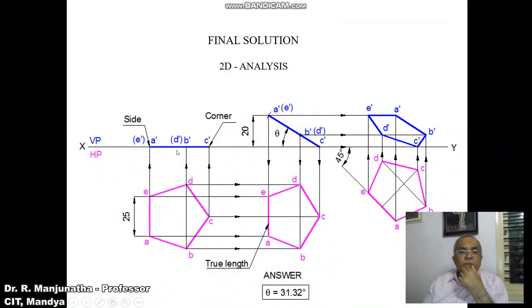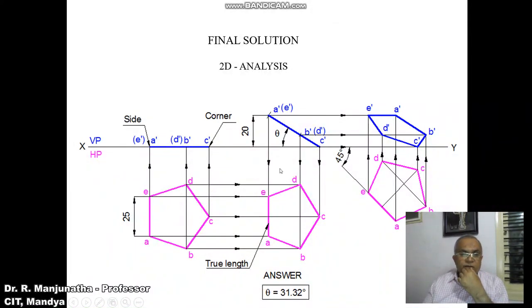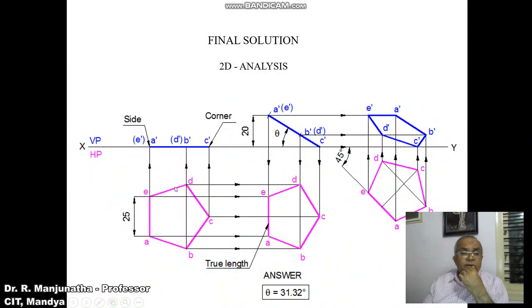We are going to solve the problem in the sketchbook. To solve the problem in the sketchbook, first we are going to draw the XY line and mark VP and HP, so that the XY line has to be a very thin line. Then first we are going to draw a vertical line of a distance of 25 mm, and you mark these points as A and E. By using the protractor with A as center, with respect to EA, you measure an included angle of 108 degrees and then draw an inclined line. Similarly, with E as center, with respect to EA, measure an angle of 108 degrees, which is the included angle, then draw an inclined line.